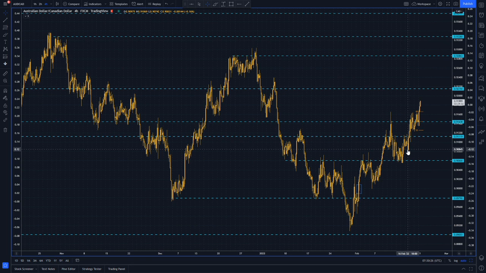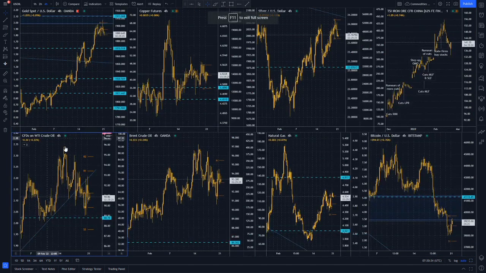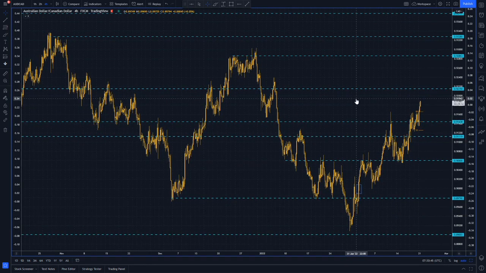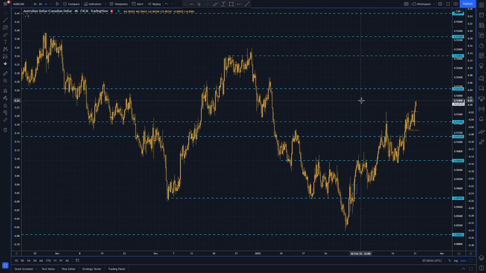The one thing to keep in mind about the Aussie CAD specifically, of course, is that if we do get a bigger military escalation, if we do get things like energy sanctions, that is expected to be supportive for oil prices. And if we do see oil prices popping to the upside, that is, of course, expected to be more positive for the CAD. So in a really, really hairy situation, negative risk sentiment weighing on both the Aussie and the CAD, but then having a supporting factor from an oil perspective, that can be a recipe for sizable downside in the Aussie CAD. So it is a risk.